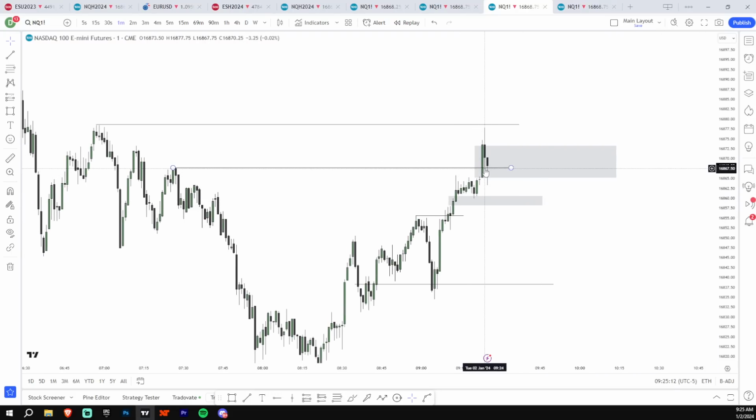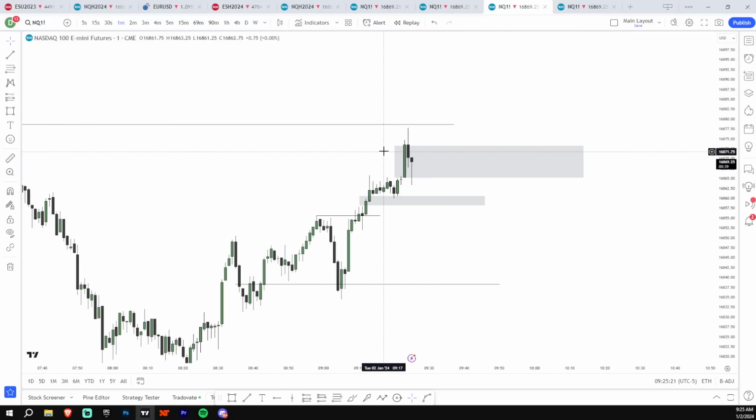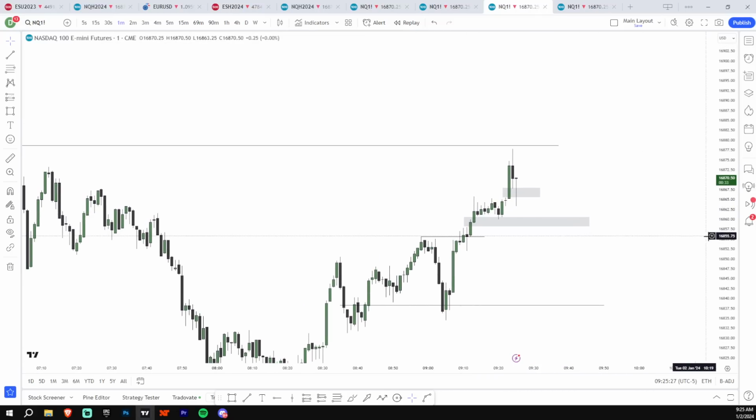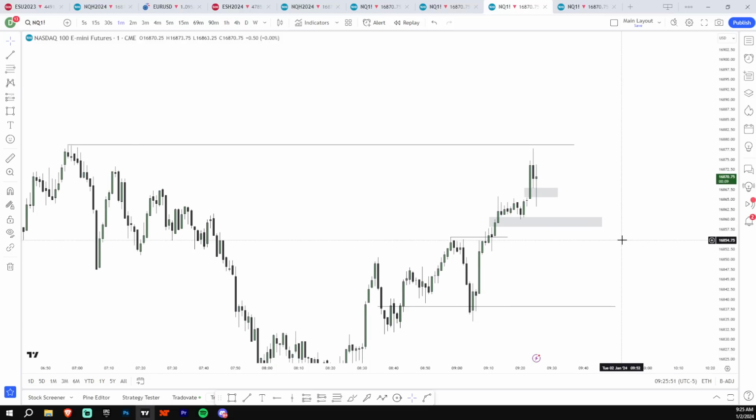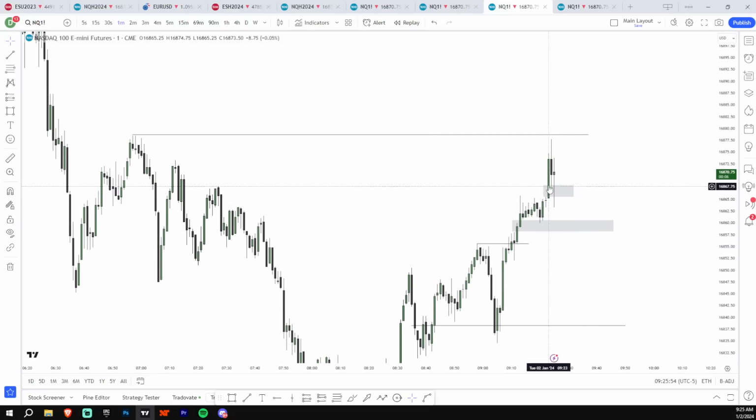Again, it doesn't matter if you're direct here or not. You should have already scaled half here. Why are you getting out? What I would do is get out if we close below this. So if the body closes below this, maybe that's your trailing stop. What if you get out and we hold this? Well, then you just made a silly mistake. Your trailing stop should be below this fair value gap because ideally, if this is the bias, this should hold. It's not a new entry because we're so high, but ideally, if you're already in, you'll want to see a hold.